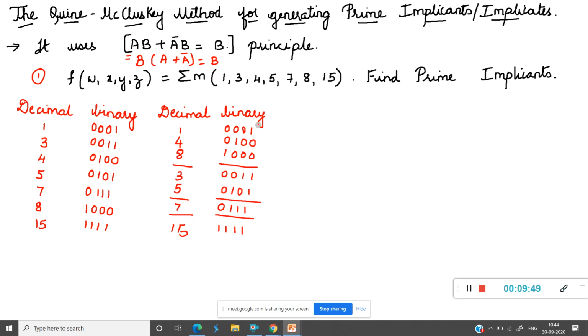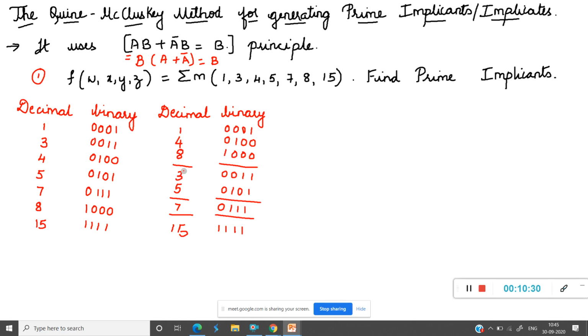So here students, one group should be compared with another group if only one bit difference is there. Condition is only one bit difference should be there. So this is one group, this is a second group. First group should be compared with the second group. Second group should be compared with the third group. Third group should be compared with the fourth group. Condition is that only one bit difference should be there. Okay students. So students, let me start comparing now.